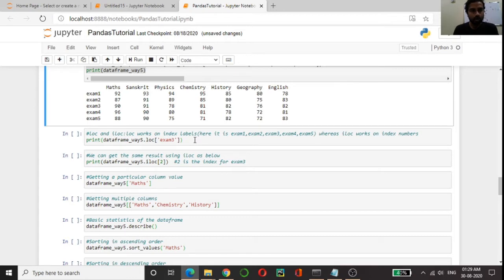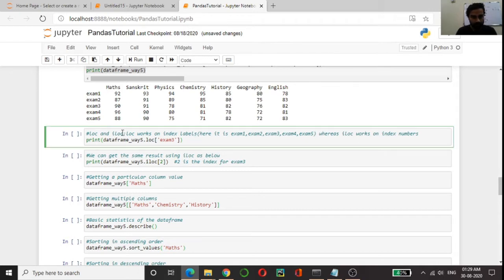loc and iloc basically are the methods with which we can select the data from our data frame. loc works on the index labels, whereas iloc works on the index numbers.